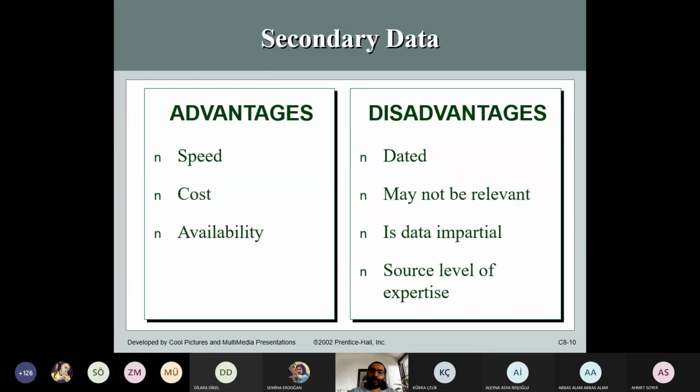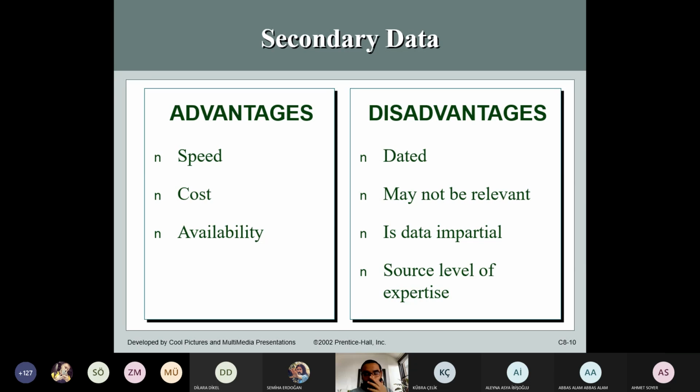Secondary data is generally less costly because someone has reported it, right? You can reach that data more quickly and it's available. But somehow it has some disadvantages as well. It could be old. It could not be relevant to your specific purpose. For example, you need data in your marketing department, but some other guy in the same sector prepared a report in, let's say, the accounting department for the purpose of accounting. They made it. So you may use that data, but somehow it's irrelevant to you because you want to know